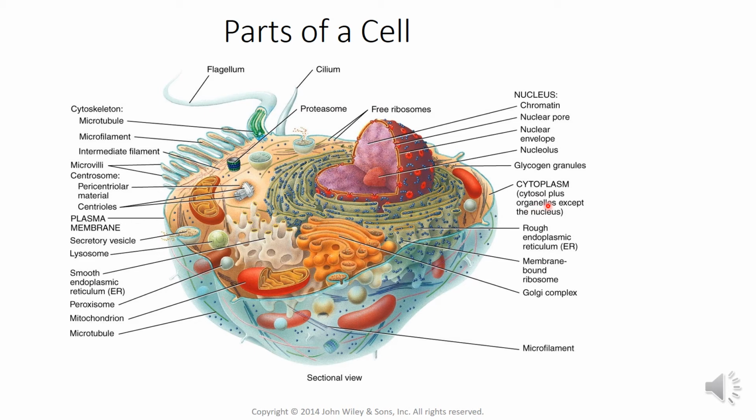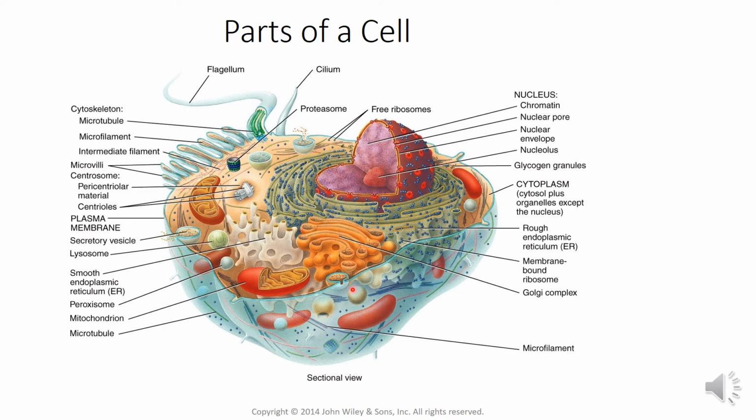So what is cytosol? Cytosol is the fluid portion of the cytoplasm. You can see here this brown color. It indicates the fluid portion of the cytoplasm, containing water, dissolved solutes and suspended particles. Within the cytosol there are different types of organelles present. Each type of organelle has a characteristic shape and specific function.